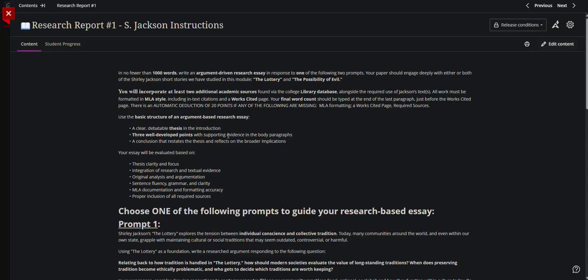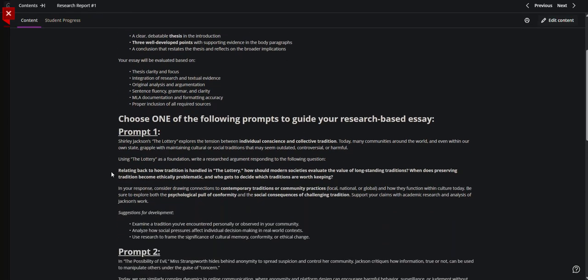And you're going to be using the stories, the lottery, or the possibility of evil, or potentially both. And you're going to be using some outside sources and real life situations, or even literary situations, in other words, other stories from either fiction or nonfiction, to answer these questions. So I'm not going to read this word for word because you can certainly read it, but I'm going to read the prompts. So the first prompt is